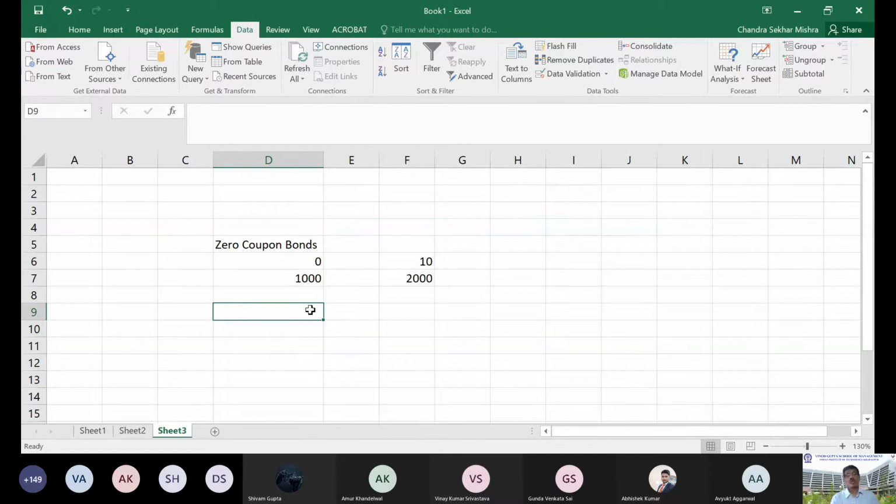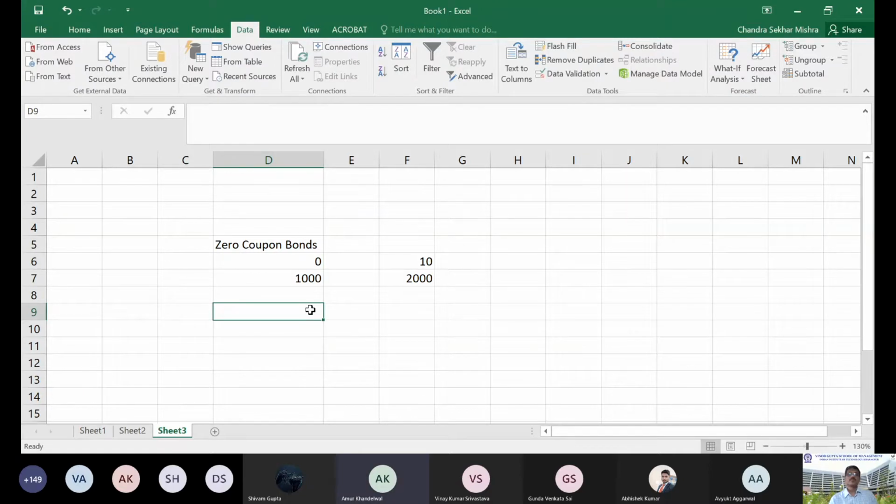There is a rule of 72. So 72 by n is equal to r, or 72 by r is equal to n. So approximately how much does it come to? Applying the rule of 72, which has its limitation, there is a rule of 70 and a rule of 69, which talk about the doubling period. Please explore those rules. The rule of 69 gives a better answer; the rule of 72 is just to give a quick answer. So how much is the interest rate if you apply the rule of 72?